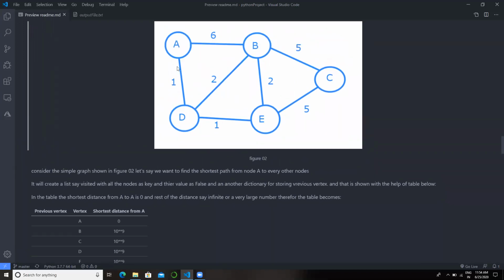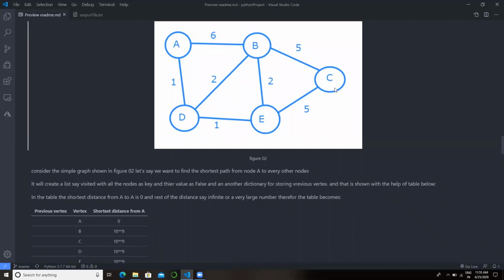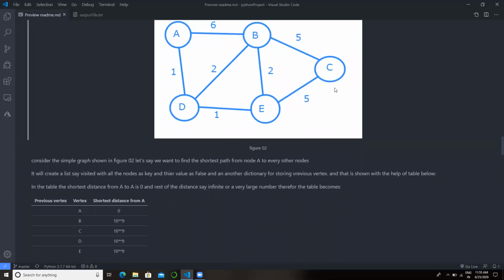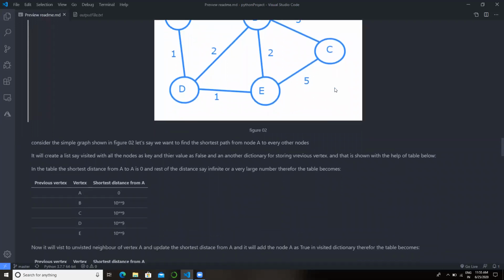So let's say I am starting from A and I need to check the shortest path between A and C, or else it will give me the minimum distance from the source to all the nodes and their previous vertices as well. So I'll initially assign the distance between A and A as 0 and the rest of the distances as 10 to the power 9.